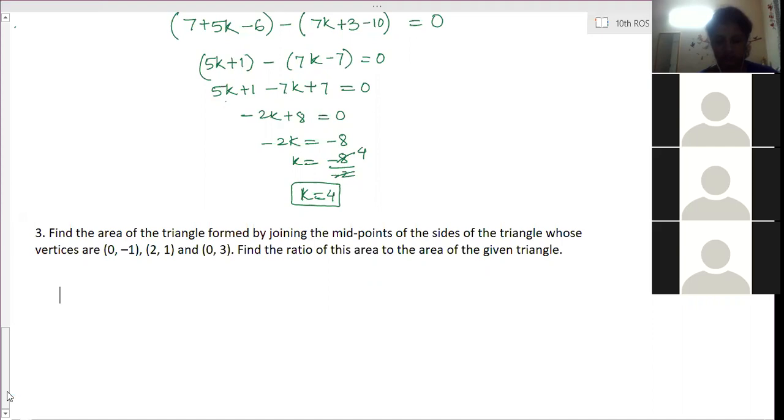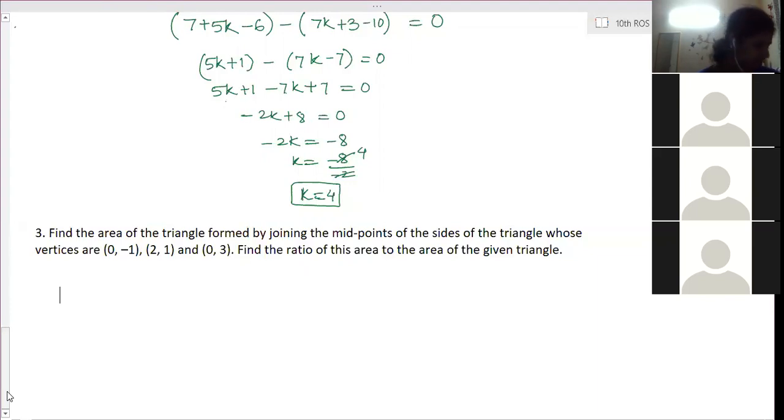Ma'am, so first we have to find the area and then again we should find the ratio, right? Yeah, both the areas you have to calculate first. First calculate the midpoints, coordinates. And then find out the separate areas: ABC, and the points DEF if you consider. Then find the area of DEF. And then find the ratio of both the areas. Okay.